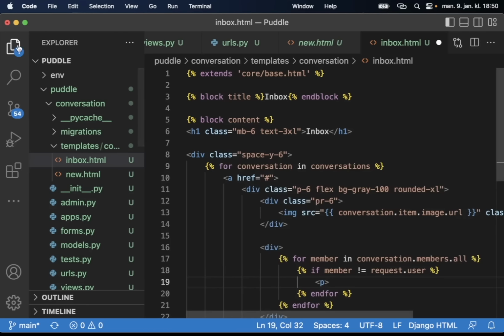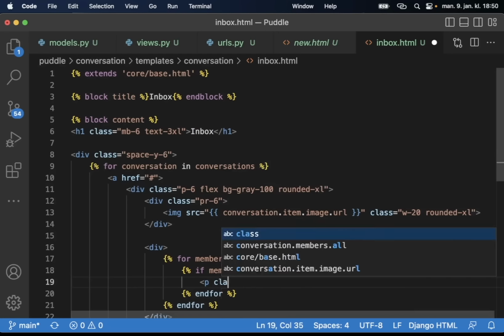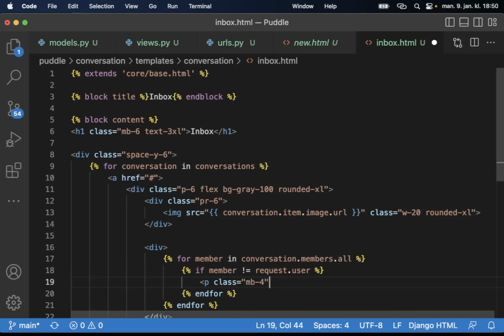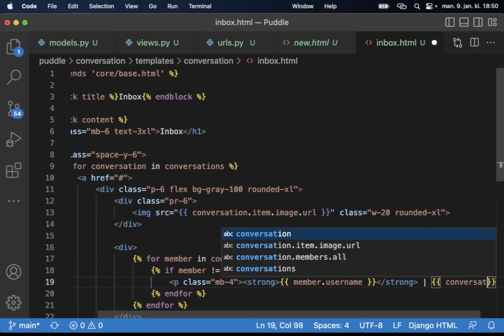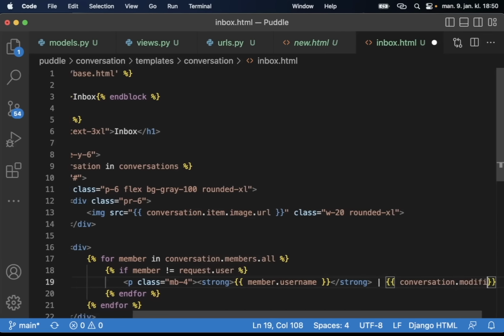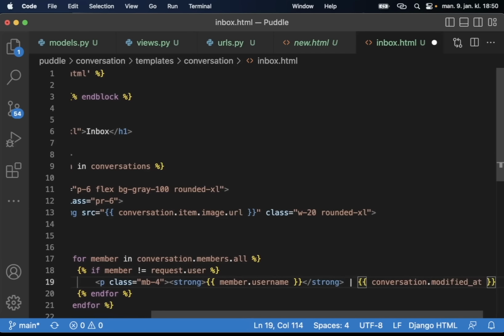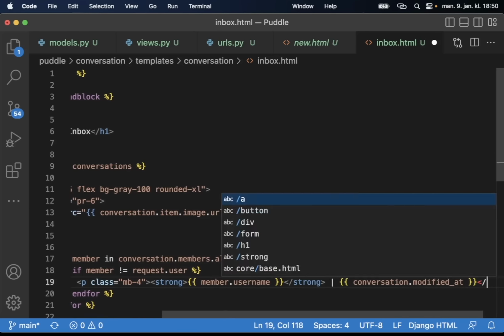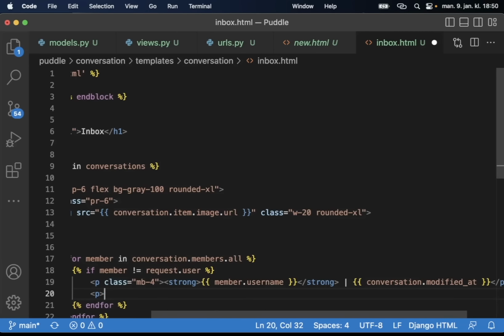and then create a paragraph. So class p-class mb-4 strong member.username, close the strong, and then we can show when it was sent. So conversation.modified_at, and we know when the last message was sent. So close this one, and then below here we can show what the item is. So conversation.item.name,